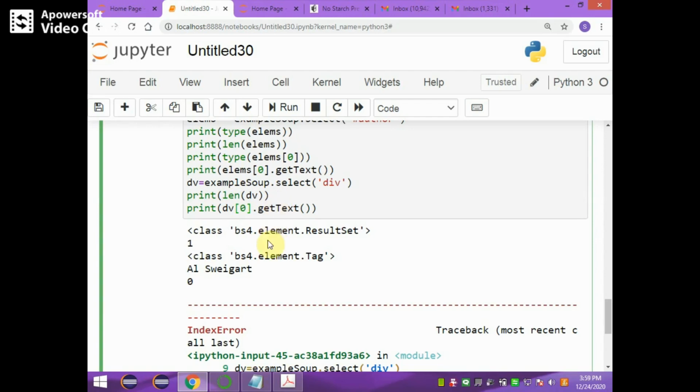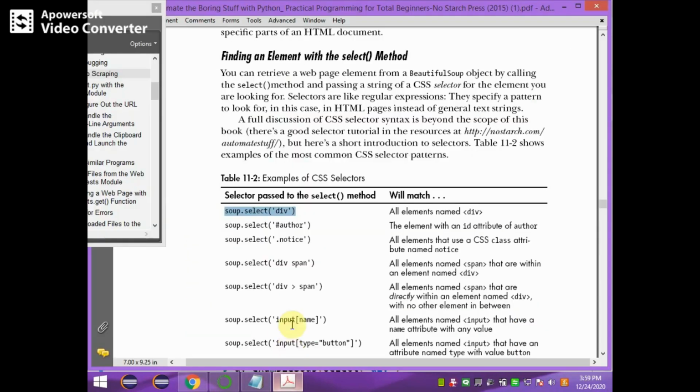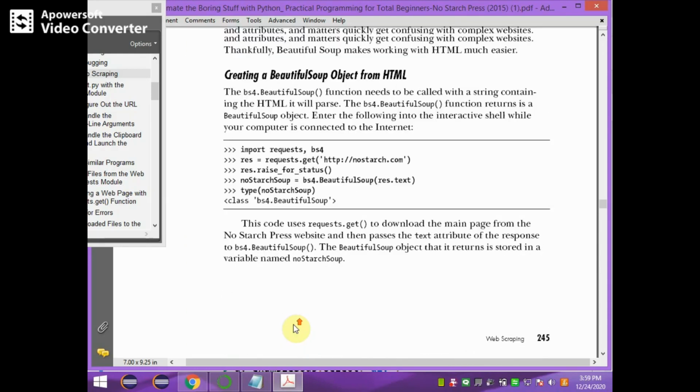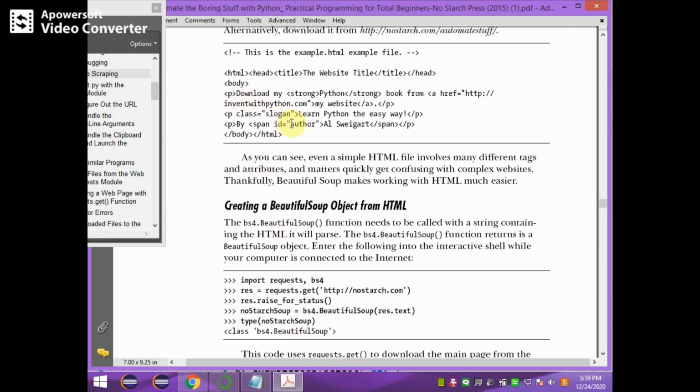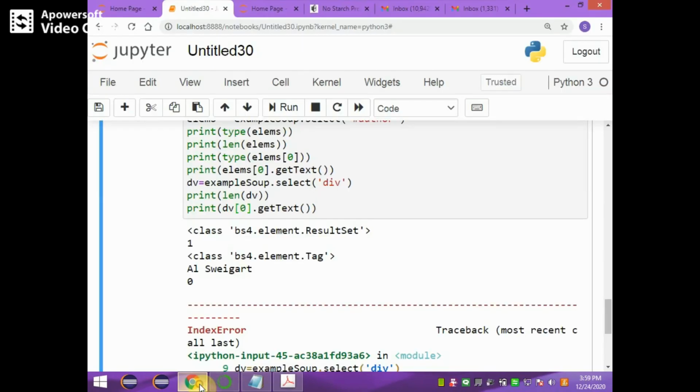We can see the example.html file once again, which is given here. What content does it have? It has the author tag, the class tag, the p tag, and also a span tag. You can select these tags here. Here you can select span.